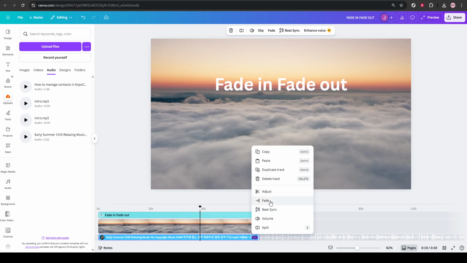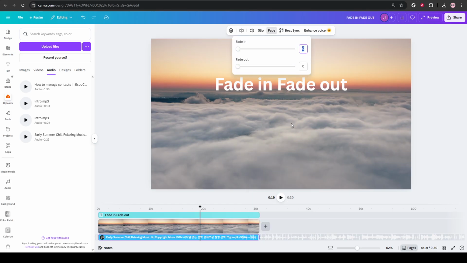With the audio selected, click Fade in the audio controls. You'll see sliders for fade in and fade out. Move these to set the duration for how long the music takes to ramp up at the start and taper off at the end. For energetic content,